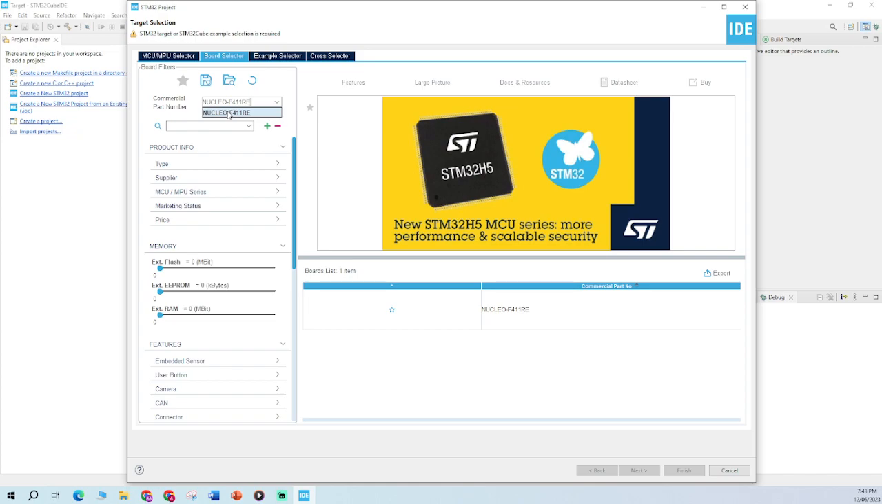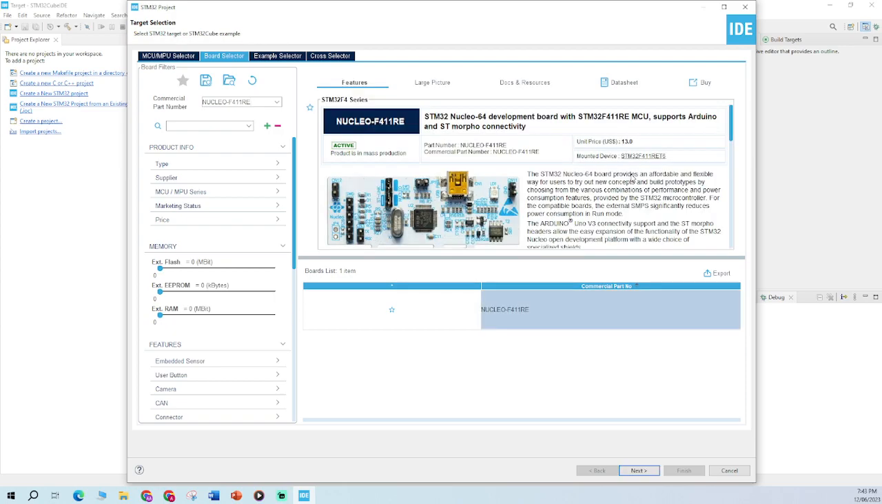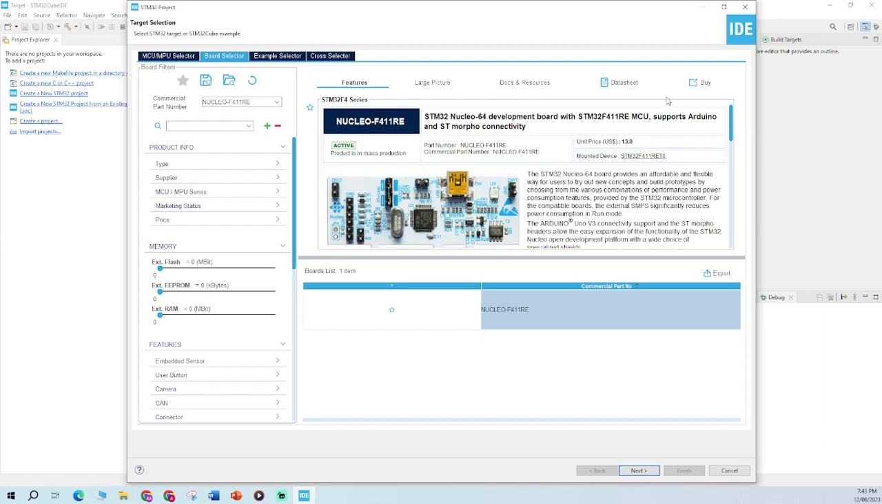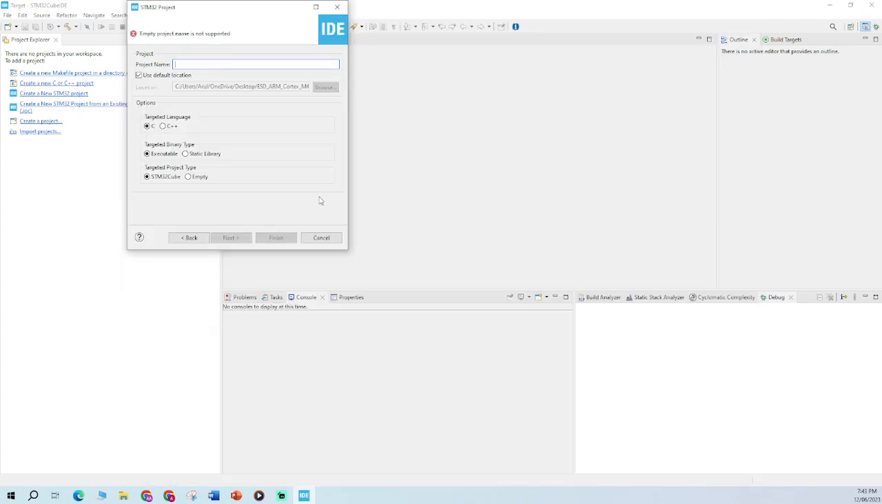As soon as you click here and select, the next button will be enabled, and also you will get to see the features of the STM32 Cube IDE, its documents and resources, its data sheet, and if you want to buy through the IDE, you can also put through your purchase. So once you click here, just click next, and this will bring you to set up the project name. So I'm going to give, being the first project,